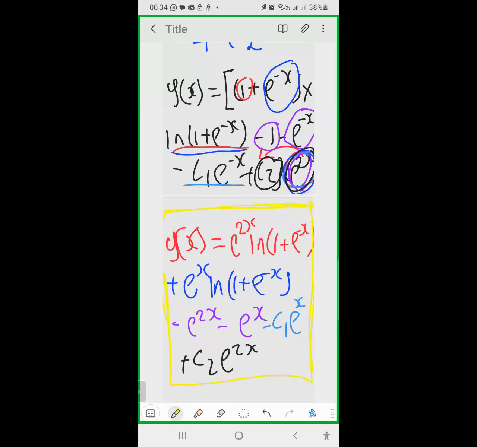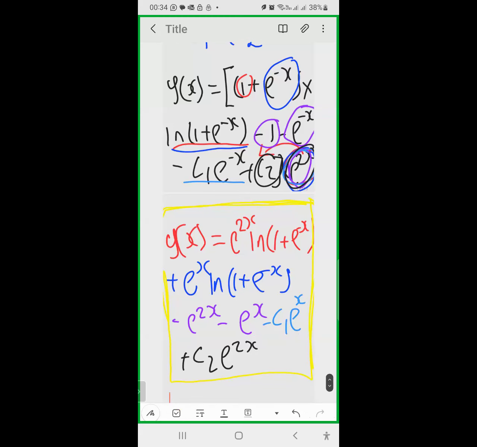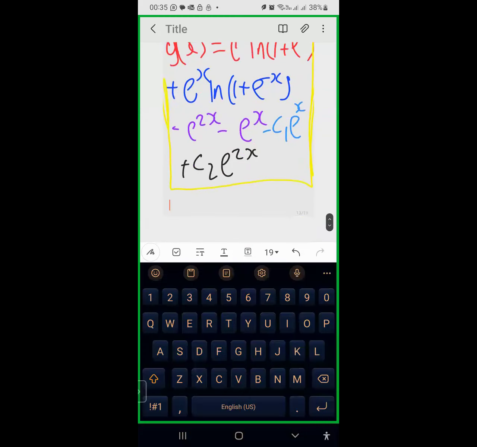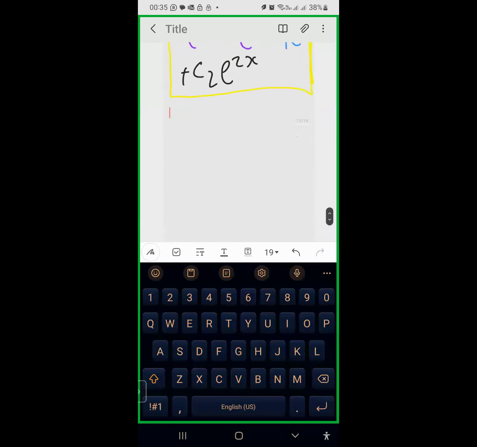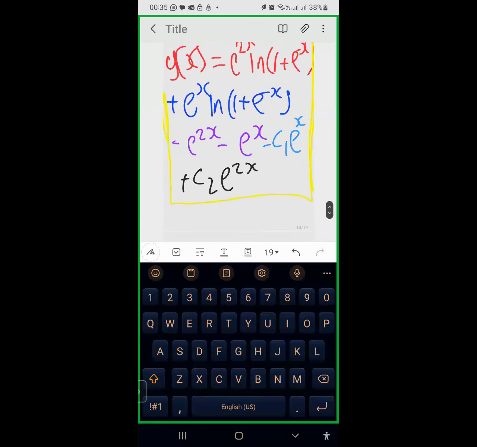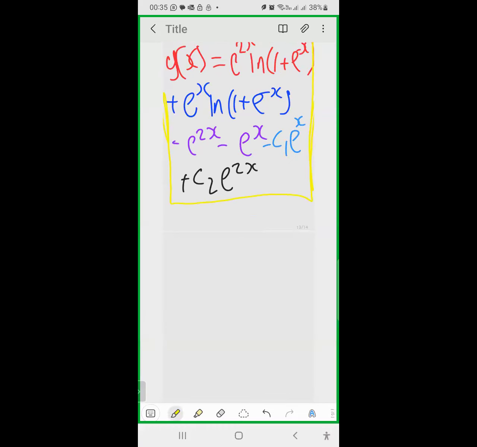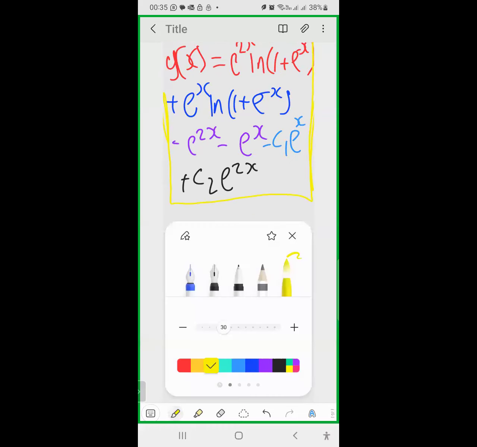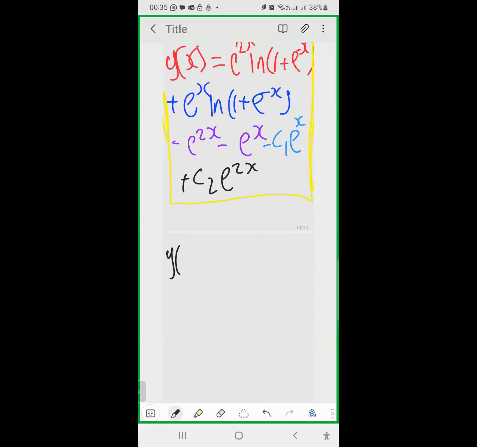So we can also rewrite this in a perfect format, by saying that the general solution y is equal to